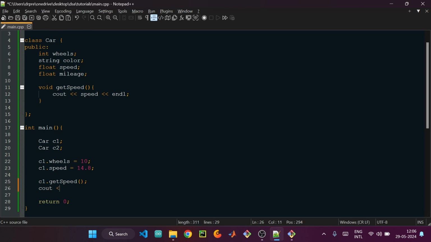We can cout C1 dot color, where we can set C1 dot color equal to, suppose let's say our car is red in color. We do C1 dot color equal to red, and then let's print it out. So cout C1 dot color and the new line. Then we save it,